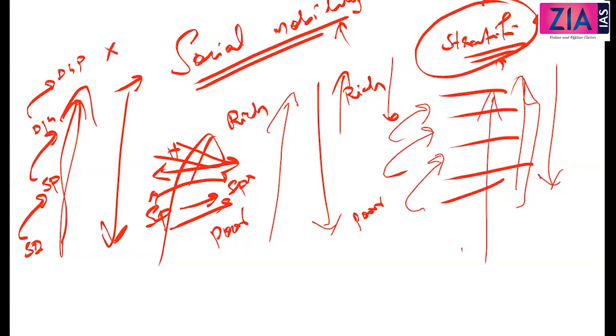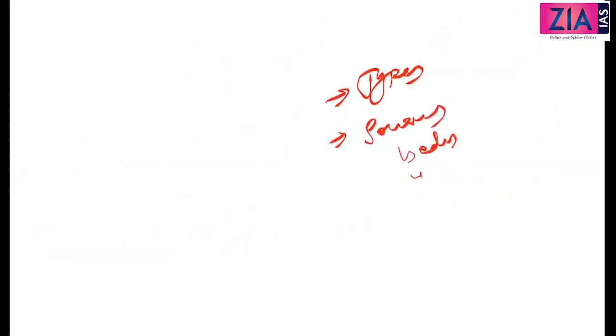Stratas, we are discussing stratification. So here there is no strata in horizontal, right? In vertical only we are talking about stratas and stratification. So we are concerned with vertical mobility, and there are different types of vertical mobility. That can be the question. So they will ask you, what are the different types of vertical mobility? What are the sources? How can you achieve mobility? For example, you get better education, you are attending this class, you get better education, then you can get the job, you can get mobility, right?